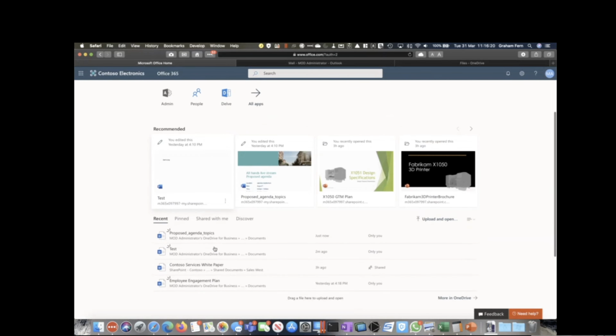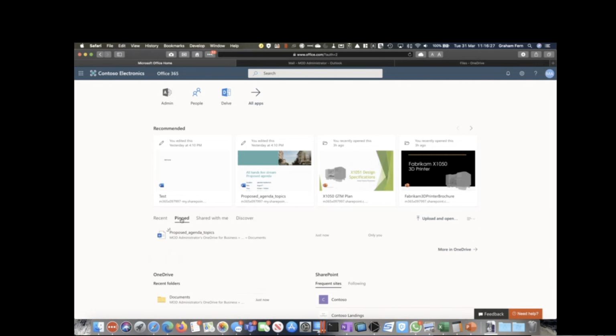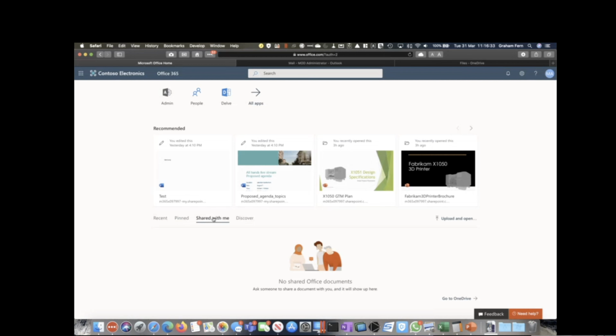There it is, the one I just did. And there's my proposed agenda. Only I can see it, and it has been edited just now. If people are collaborating with me, which they won't be in this case because this is a demonstration tenant,